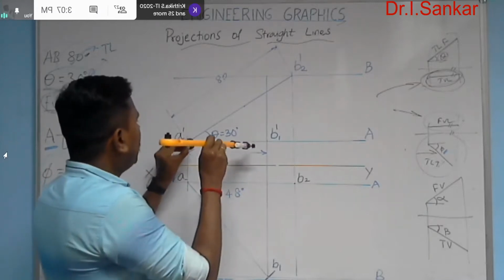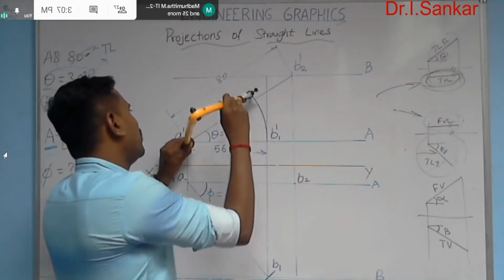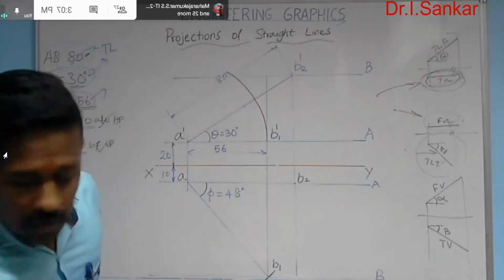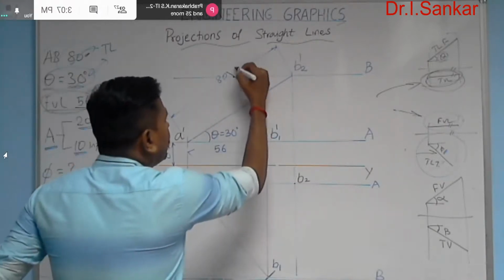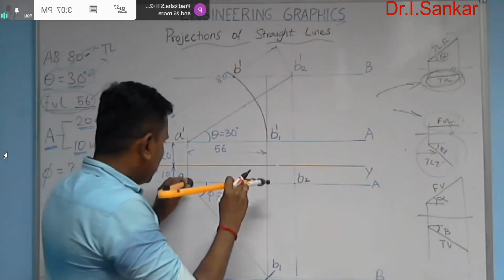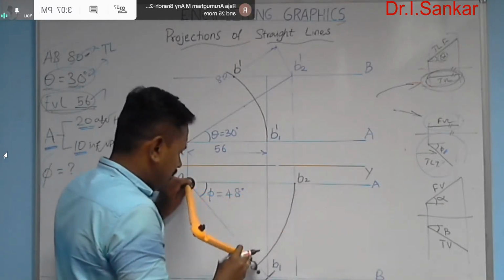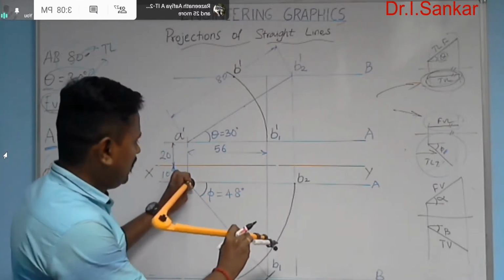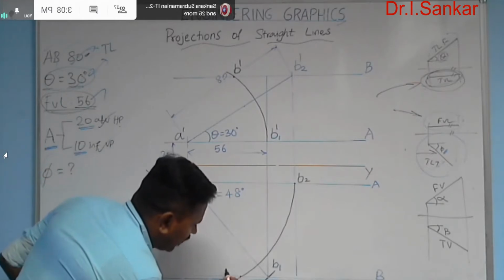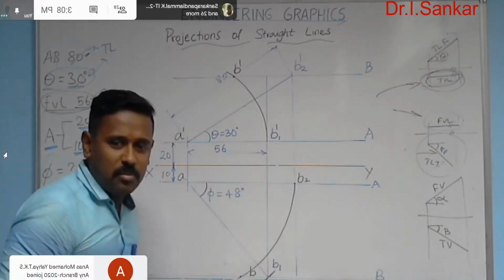Let me do that. Make A dash as center and B1 dash as radius and move that B1 to its locus B here. This point is nothing but B dash, final B dash. In the same way, make A as center, B2 as radius, rotate it and mark it in the locus of B. And this is nothing but our point B, final B.